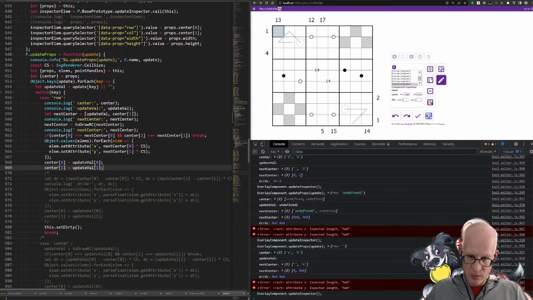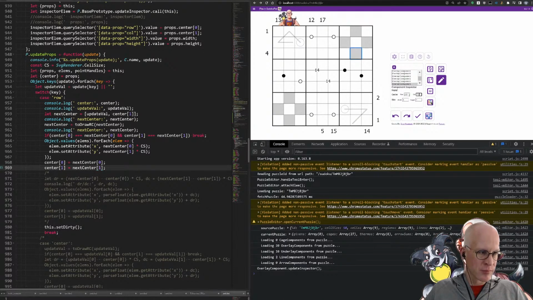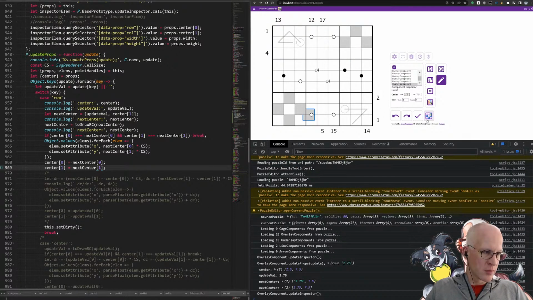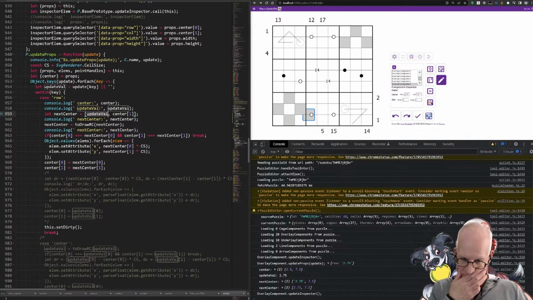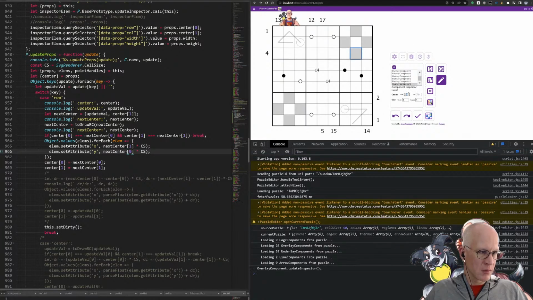And then we can do set these. I have a feeling I'm mixing up rows and columns here. Row, update val, new row, next center, previous center, next center. X is column and Y is row. There we go. Select this guy, make this a